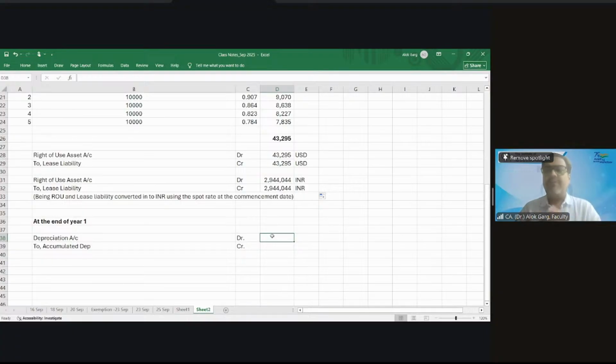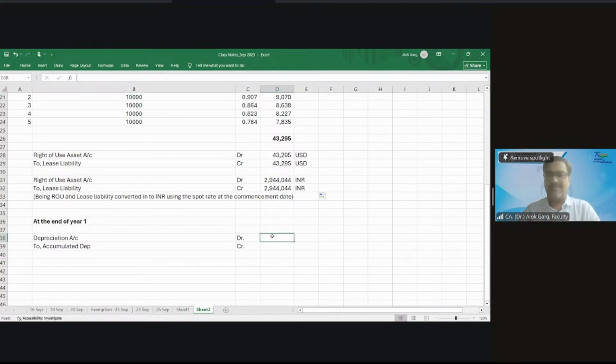Friends, when you cover Ind AS 21, and with your limited knowledge of accounting standard 11, basically in Ind AS on foreign exchange, there is a concept of monetary item and non-monetary item. Have you heard about this concept? Yes, sir. Please remember your CA Inter days. What is a monetary item? What is a non-monetary item?